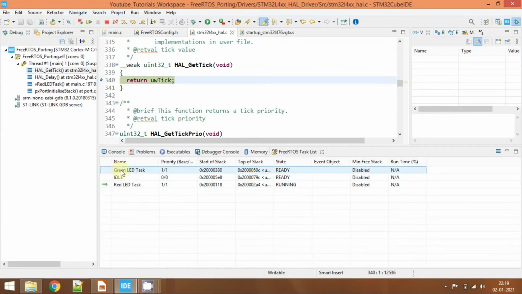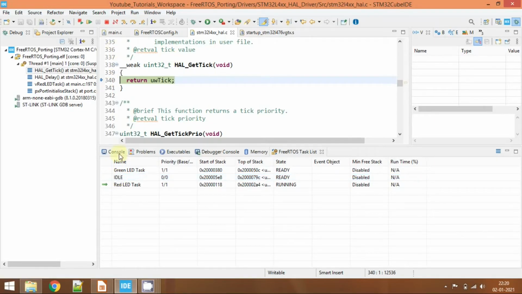We are able to see the name of the task completely, and we are also able to see the red LED task name completely. And of course, as I told you, by default the idle task will be created by the FreeRTOS kernel, and this task will be executed when no task is running by the kernel.